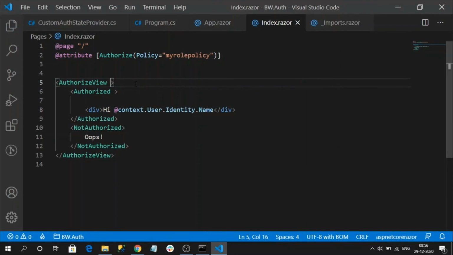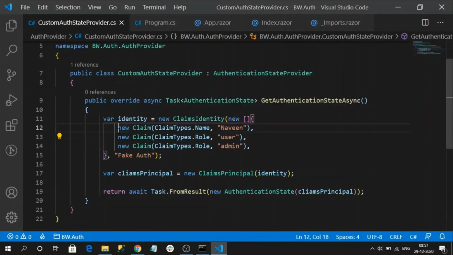And we have another authorization, which is claims. Claims based authorization. I want to mention what a claim is. A claim is a key value pair, nothing but some kind of secured information about the user. Something like this: username is the key and Naveen is the value.